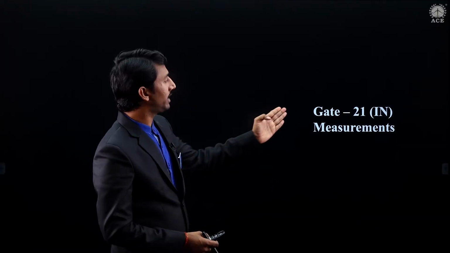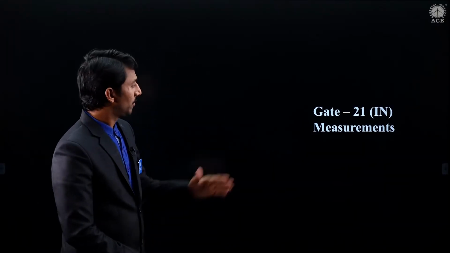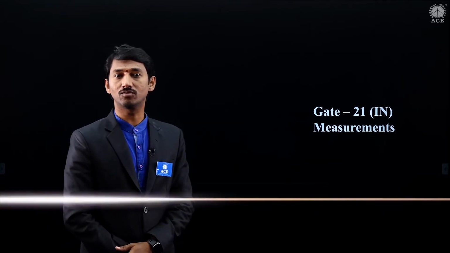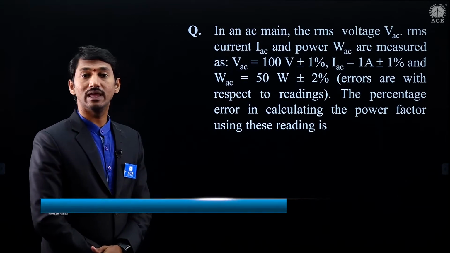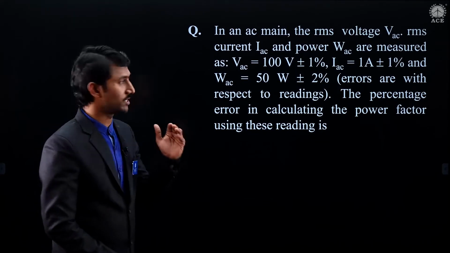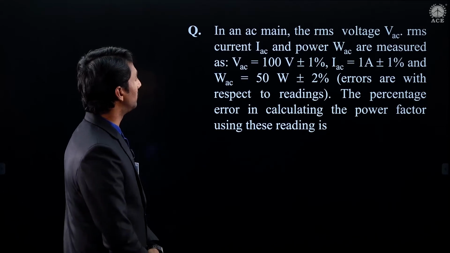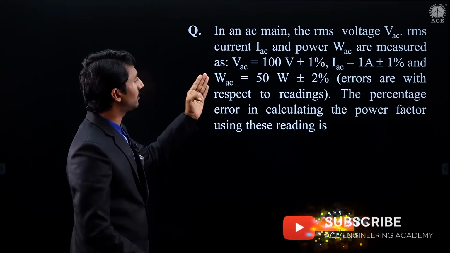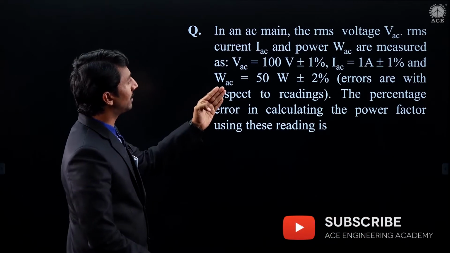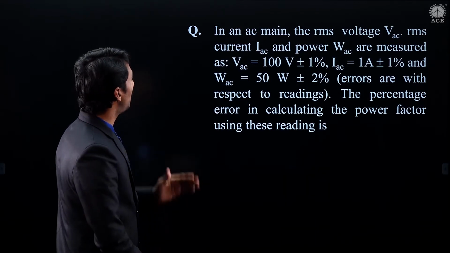GATE 2021 instrumentation paper from the measurement subject. Let us see the questions. This question is related to the error analysis chapter. In an AC main, the RMS voltage VAC, RMS current IAC and power WAC are measured as,